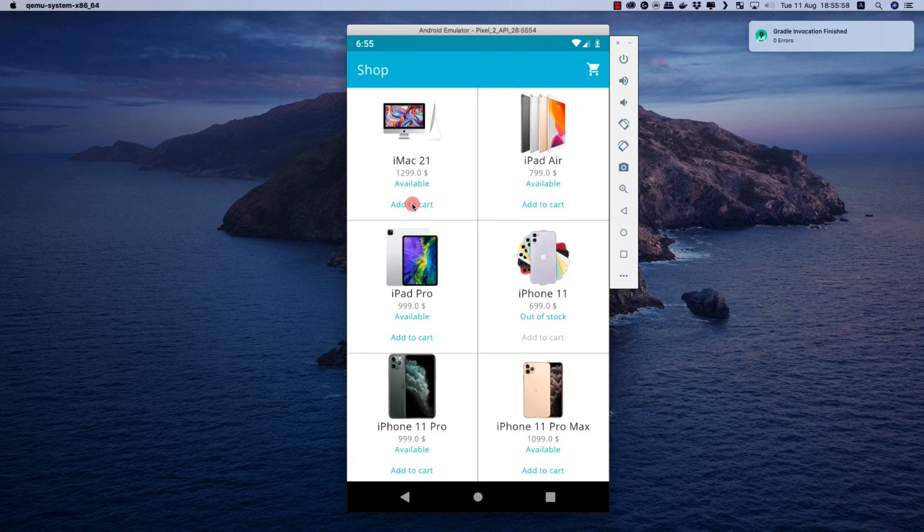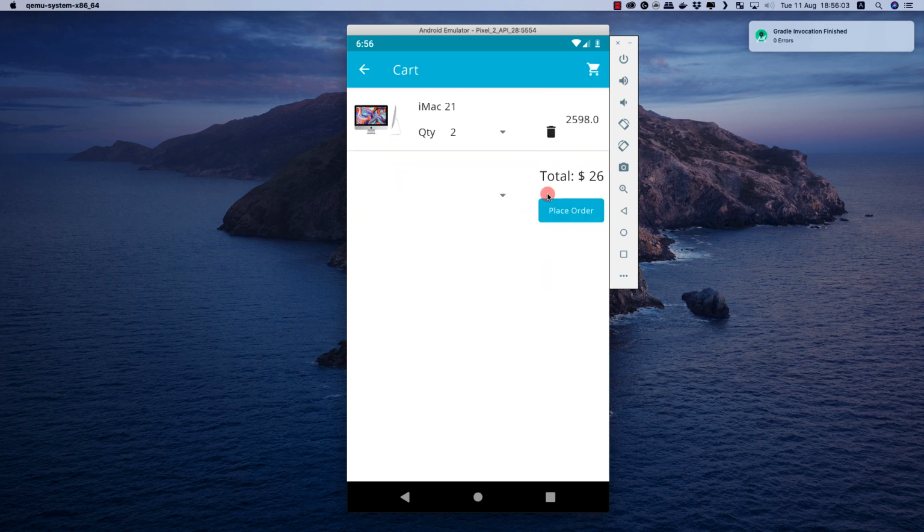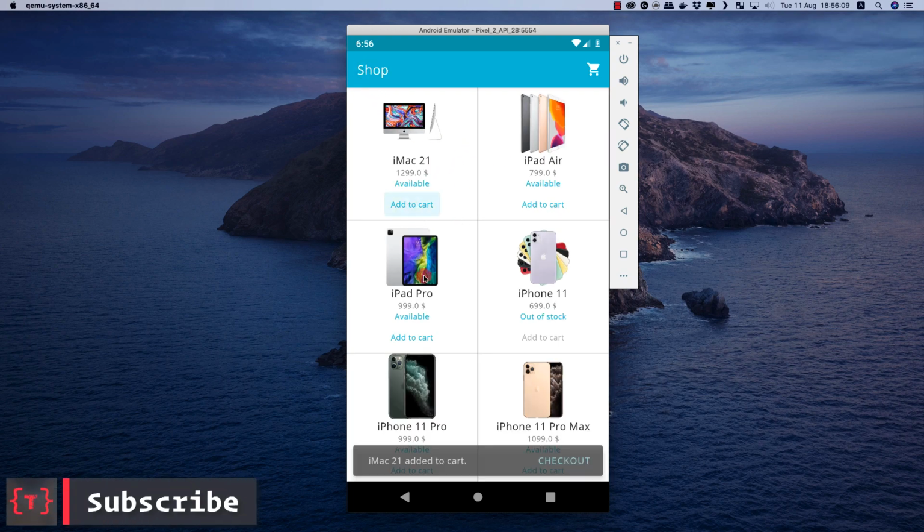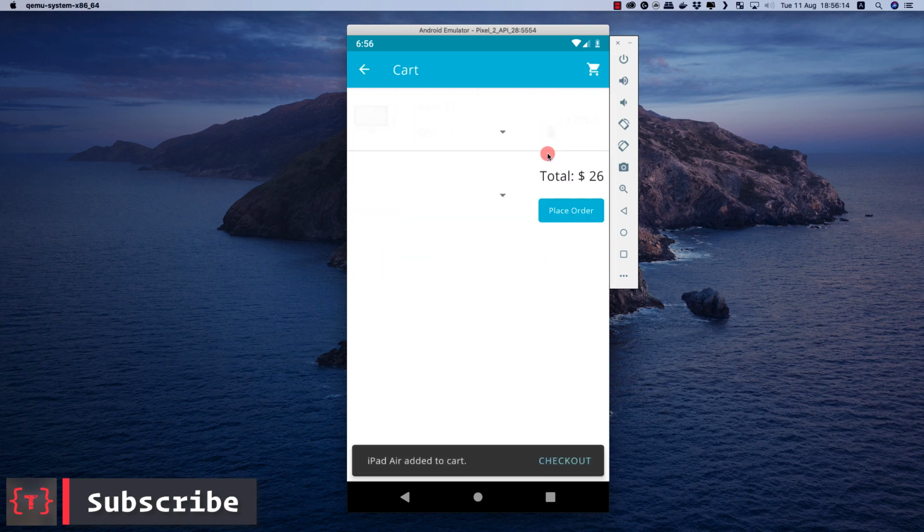And now let me again add this thing here and this thing. So we have these two products, so let me delete this product here. We see that the product has been deleted, and let me delete this also, and we see that the product is again being deleted. So let's try it once more like this. So deleted, deleted, deleted.